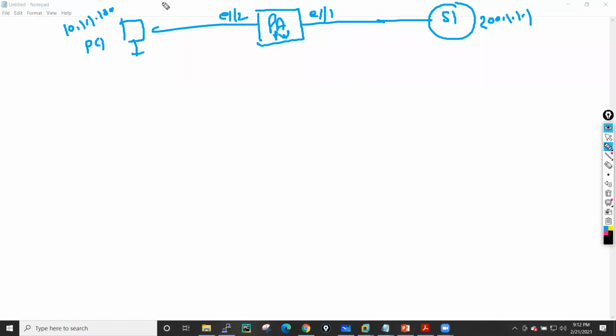Now this PC wants to communicate with this server. So it will forward the packet towards the Palo Alto, towards the server. When Palo Alto receives this packet, it will put it into the ingress process.